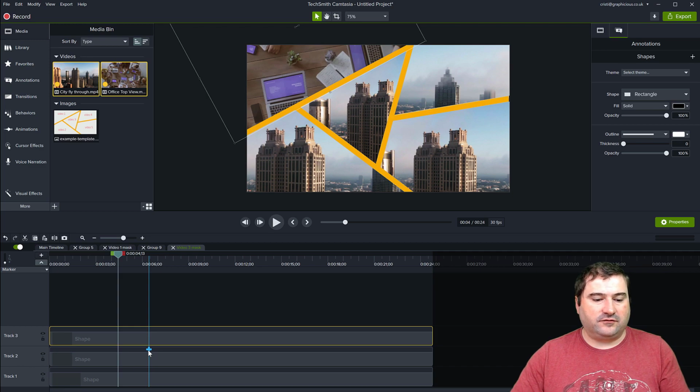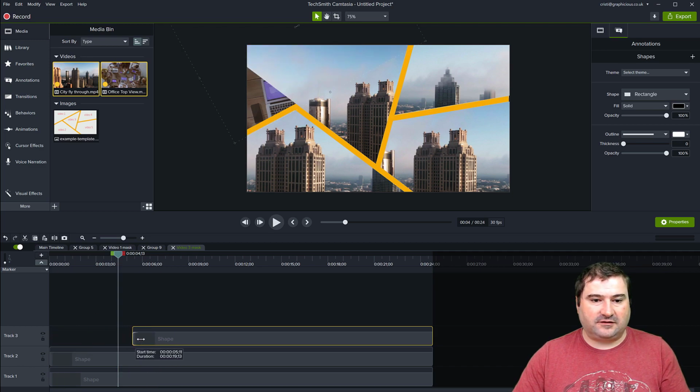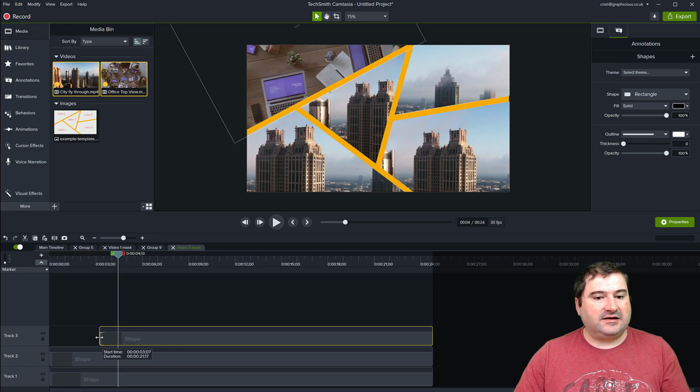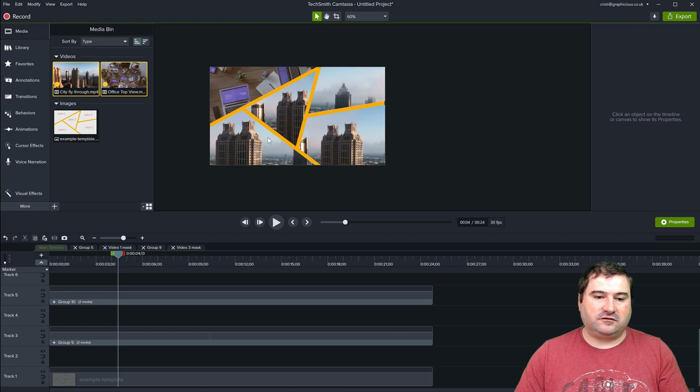I mean, you can have one of these shapes that comes in later and it affects the shape of the object that creates the mask. So just one way to note, if one of the shapes is behaving weird, just go inside of the group and make sure they all stay in the same place and they all have the same length. When you expand your group, maybe they get out of sync. So that's one thing to watch out for. So there's your object, there's your shape and your template with the videos in there.